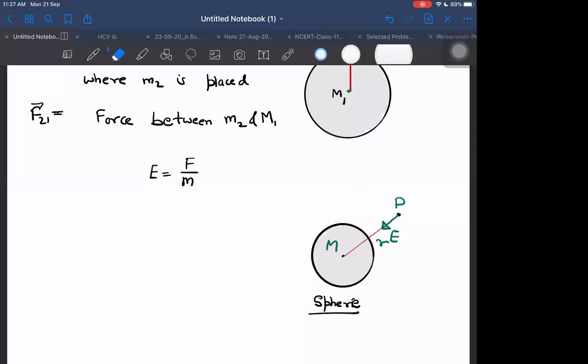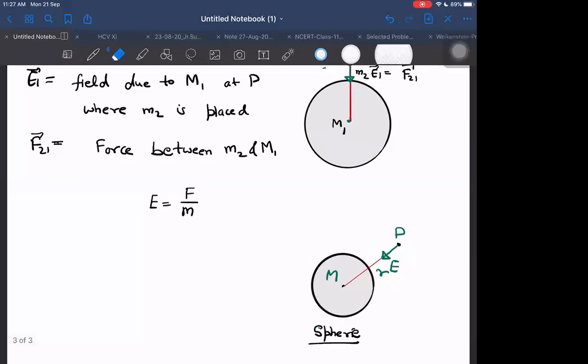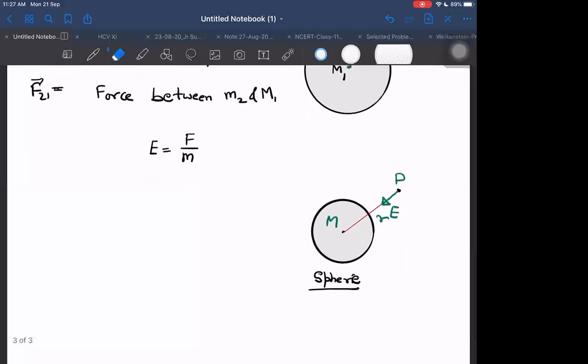For this also, we will prove it first. Here I have told you without proof, but we prove for the sphere also why it is valid. The formula which Newton gave, he gave only for point masses. But then he proved that whatever is valid for point masses is valid for the bigger spherical bodies also, where the force appears to act from the center, so the formula remains the same. That is what Newton proved. But what will be the formula for other cases, that we are going to derive soon.